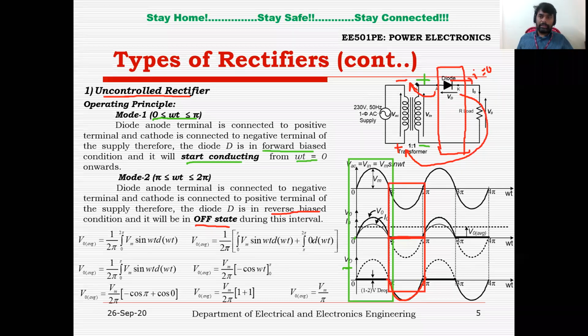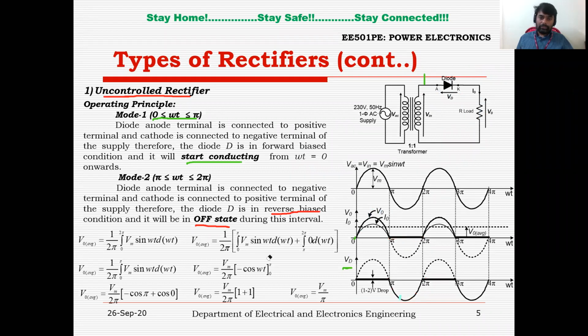And you can also derive the average output voltage for this waveform. Now if you want to derive the average output voltage, we need to consider the area under this positive half cycle only, and we need to take the complete one cycle so that you can calculate. Now you can say the average output voltage is 1 by 2 pi, integral from alpha to pi, where we are getting some voltage which is varying with sin omega t, plus pi to 2 pi, where we are getting 0 voltage. So I have represented here 0.